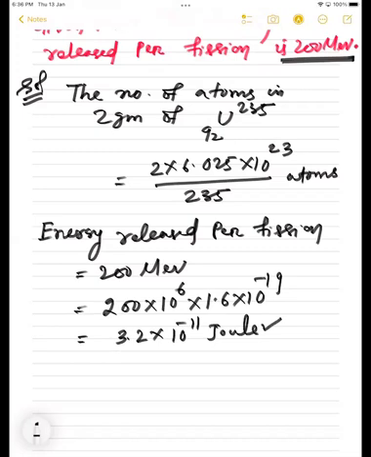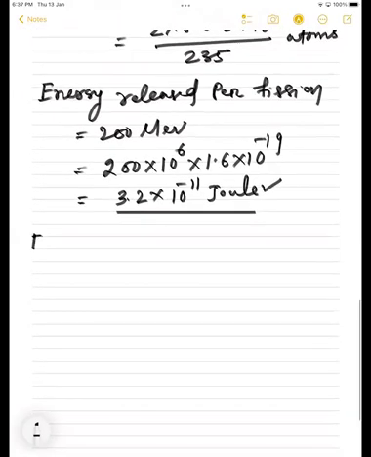But here the question is asking how much energy is released. So released per fission is this much. So this many atoms are there. Yes or no? So write: energy released